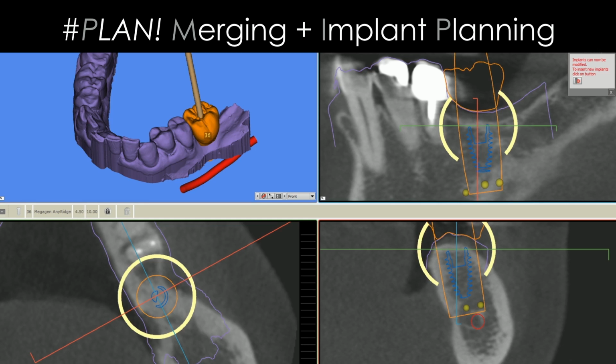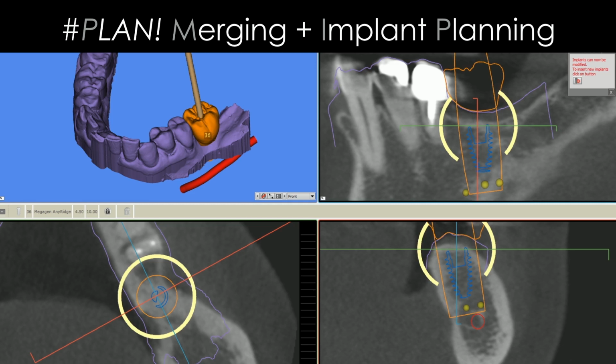We should check this congruence in all possible multiplanar reconstructions because it's another way to test and check if we have or not, hopefully not, motion artifacts. Because if we have motion artifacts with cone beam computed tomography, probably the intraoral scan will not overlap perfectly. So it's another aspect that must be